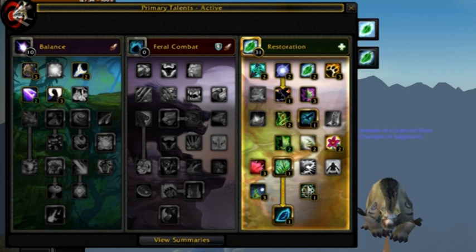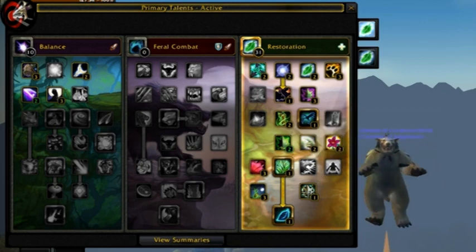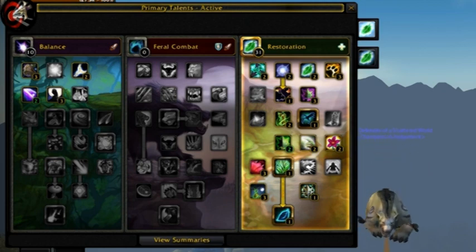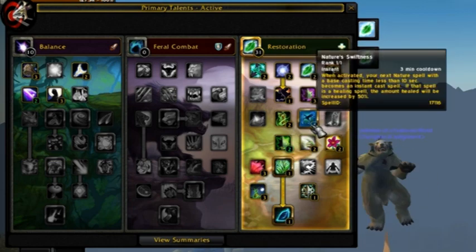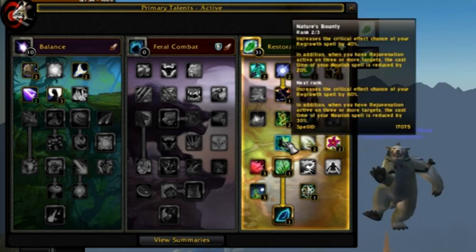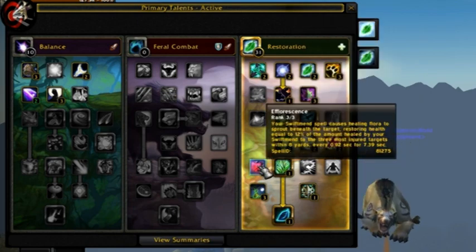If you're going to be doing a lot of 10-mans, that may be something worth you taking. If you've got to pick some place to take the point out of, you could potentially take it out of Nature's Swiftness, maybe Nature's Bounty, or Effervescence. If you're looking at it strictly from a number standpoint, it's got to be Nature's Swiftness you want to take